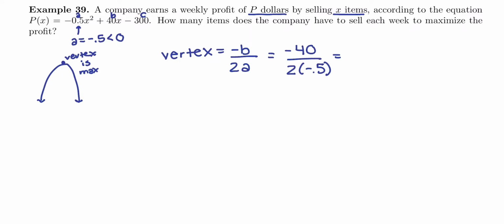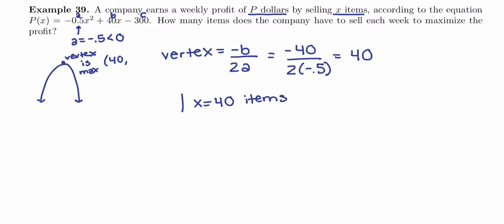So negative 40 divided by negative 1 is really just going to give us positive 40 for the x value. So when we sell 40 items, we're going to have our maximum profit. So the vertex is the max. It happens at 40. We're done with this question. How many items does the company have to sell? We would have to sell 40, and it doesn't tell us what it is, so we could just say 40